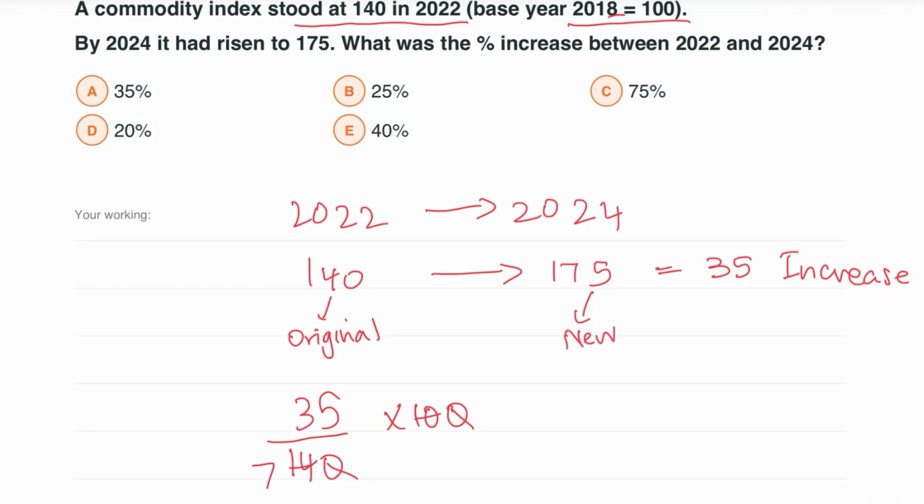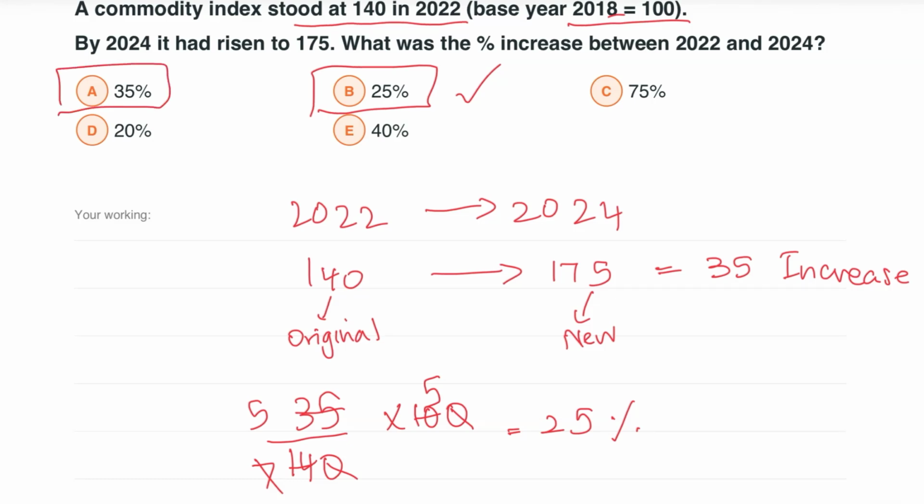Here we will have 20. The answer is 25% in this instance as well. Now remember, option A would give you 35%, but this is a trick, because if you look at, you treat